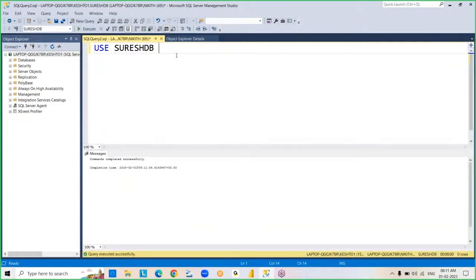For execution purpose, we are using this execute button. Now we are connected to the database. Then we have to work with the remaining things. So in the beginning,